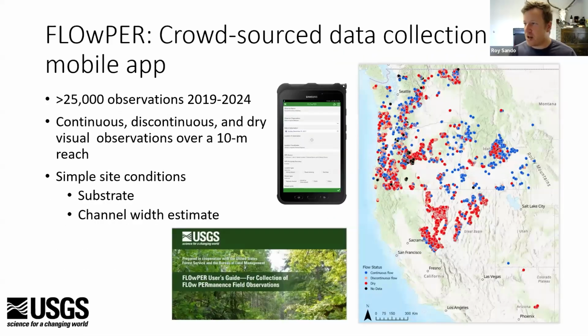Quickly, talking about our crowdsourced data collection, Chris and others have published a citizen science app called Floper, and this allows for just a quick capture of wet and dry conditions. The team has been using this across the Pacific Northwest. It's super easy. I do a lot of hunting in the fall, and so it's nice just to have that app on my phone as I'm out hiking through the woods. As I walk across a channel or something like that, it's literally a 15 to 20 second exercise to grab those conditions. Currently, we have over 25,000 observations that we're cleaning up and in the process of publishing.